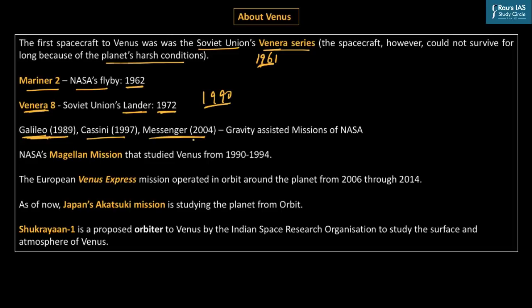Flyby means it is not going to orbit, it's just going to pass by the planet on its onward journey. The destination of the mission is somewhere else. But on their way from Earth to that destination, they will cross the region in and around Venus, and hence they can collect some data from Venus. That kind of mission is called a flyby. But NASA had a dedicated mission known as the Magellan mission, and this collected lots of data concerning the atmosphere and